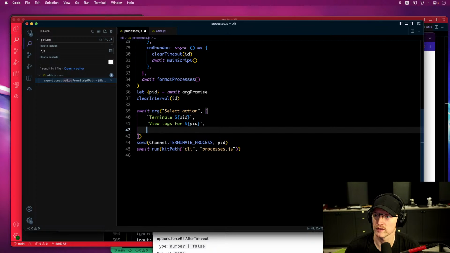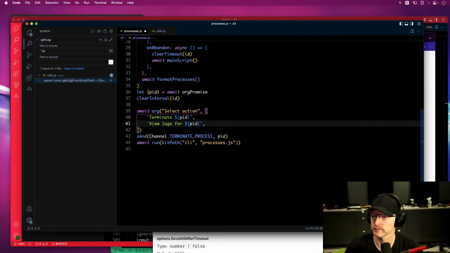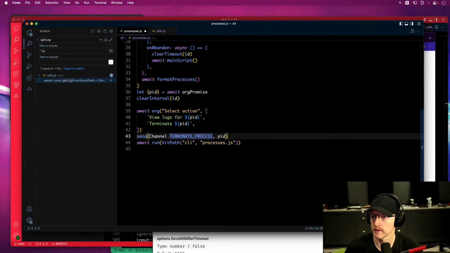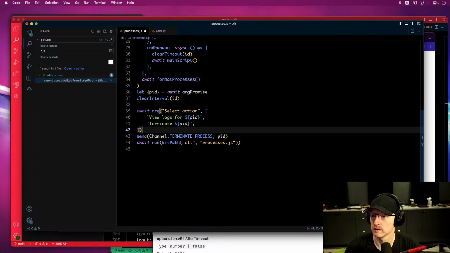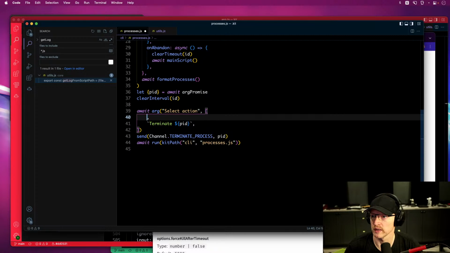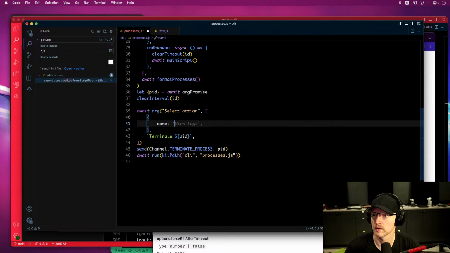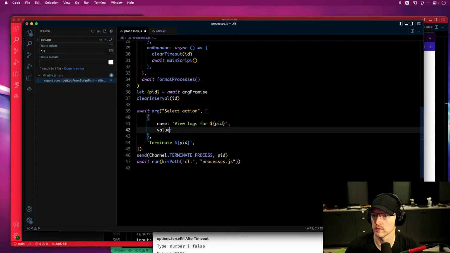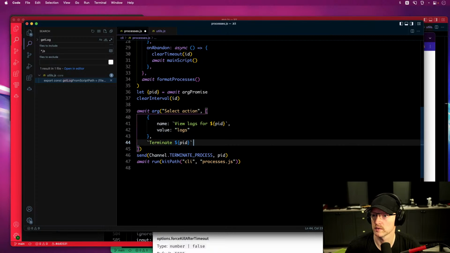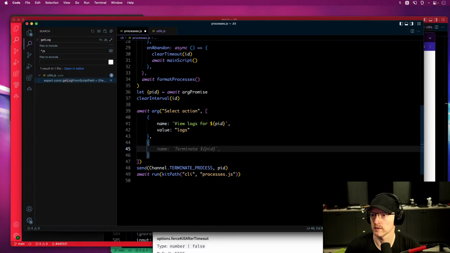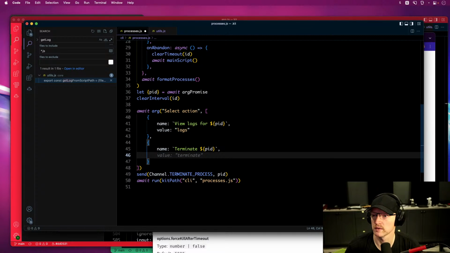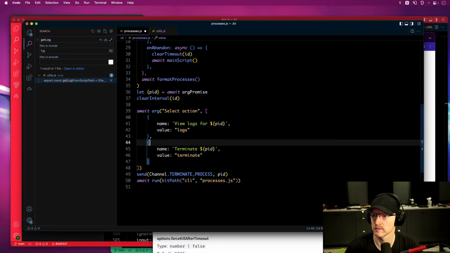Hey, nice job, Copilot. Let's do it like this. Name, value, logs, and then this can be terminate, value terminate,